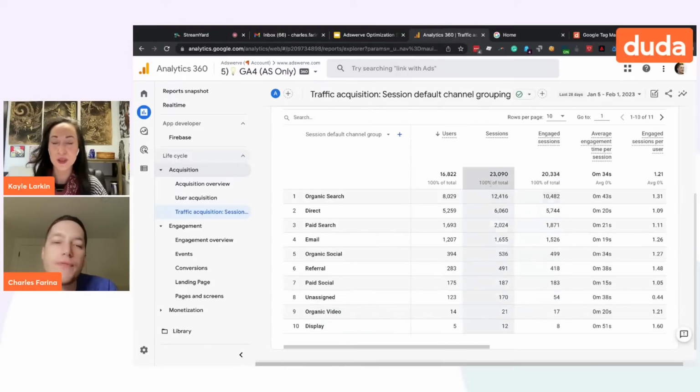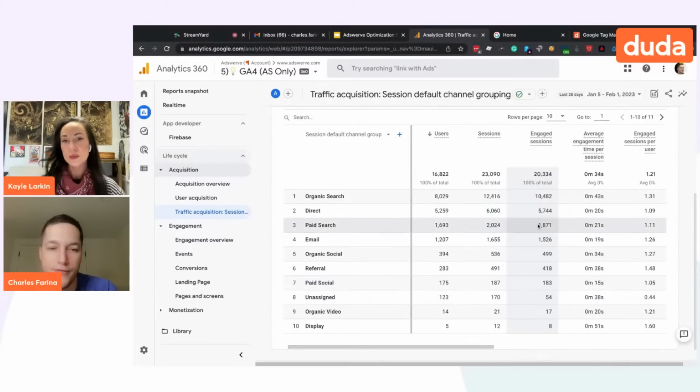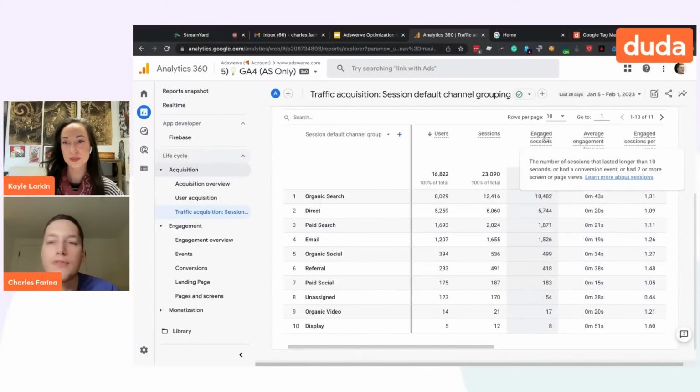So when you start off with GA4, Google has added this concept of engaged sessions to many parts of GA4. And one of my first tips is if you're looking at something in GA4 and you don't know what it is, in many places, if you just hover over the top or the title, it'll open up the tooltips.